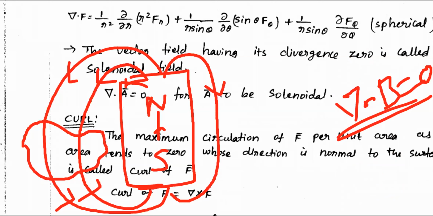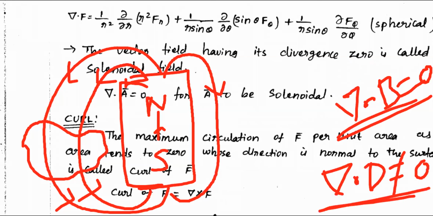Yes, this is the idea. For a magnetic field, del dot B is always 0, but del dot D is not equal to 0. But you should have some finite charge there. Without putting charge there, you cannot expect electric flux. Definitely you have to have some charge, either positive or negative. This is the idea.